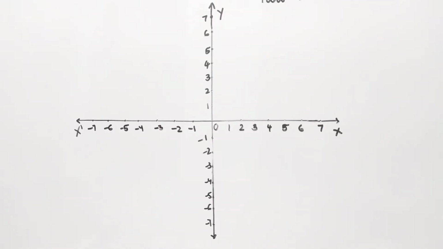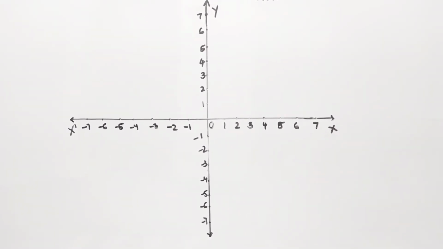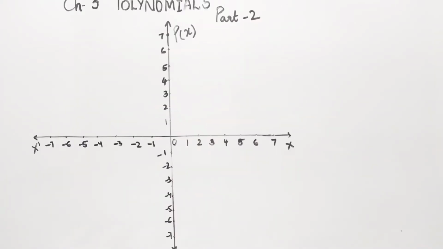On the graph, we normally have the x-axis and y-axis. Where do we plot p(x)? Instead of the y-axis, all you do is replace the vertical axis with p(x). Now you can very easily plot on this graph. How would we do that? Exactly the same as you would plot a line. Instead of y is equal to x plus 5, we are writing it as p(x) is equal to x plus 5. Now, it will be a straight line.